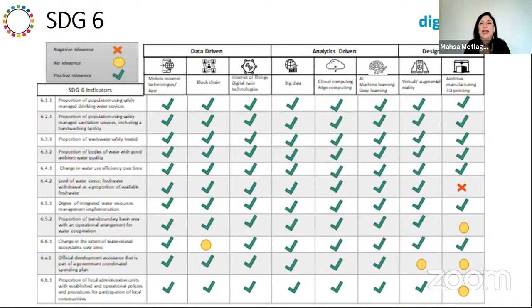Well, we had different platforms and different dialogues, gathering different stakeholders to see what is the level of awareness and knowledge among the stakeholders regarding the usage of these technologies and how they are seeing the potential. And then here, focusing on a specific SDG target,